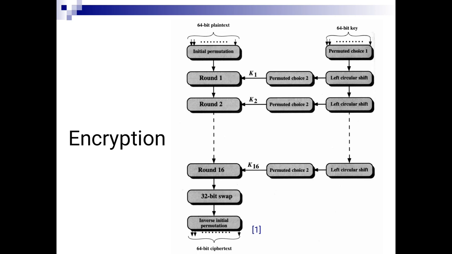And the weak keys: the outcome of choice 1, PC1, and the key schedule lead to round keys K1 to K16 being either all zeros, all ones, or an alternating 0-1 pattern. Since all the subkeys are identical and DES is a Feistel network,